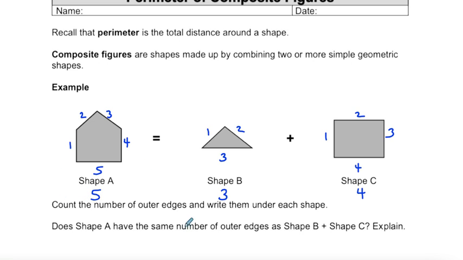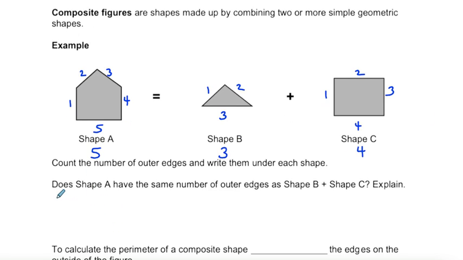Does shape A have the same number of outer edges as shape B plus shape C? So 3 plus 4 is 7, but 7 doesn't equal 5. So the answer would be no, because the triangle and the rectangle, when I add them together, it actually gets rid of this interior line. So we no longer have the bottom of the triangle and the top of the rectangle. So no,